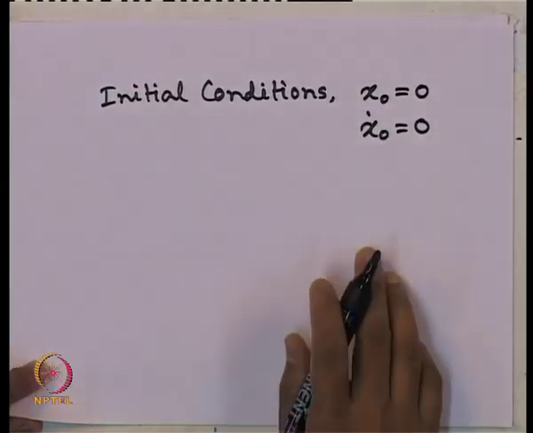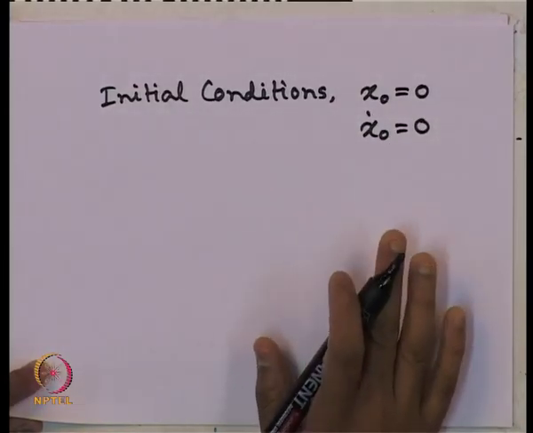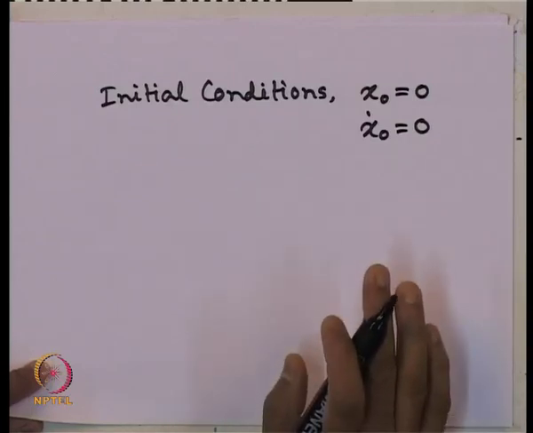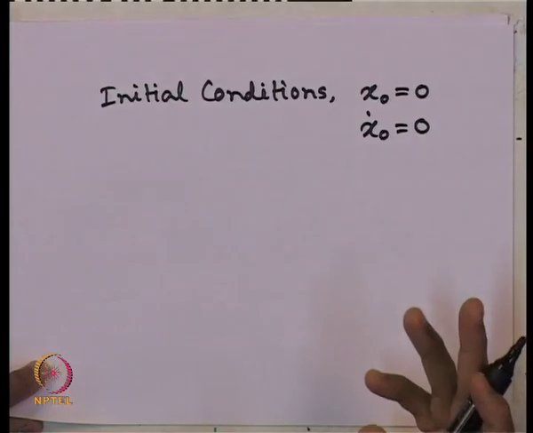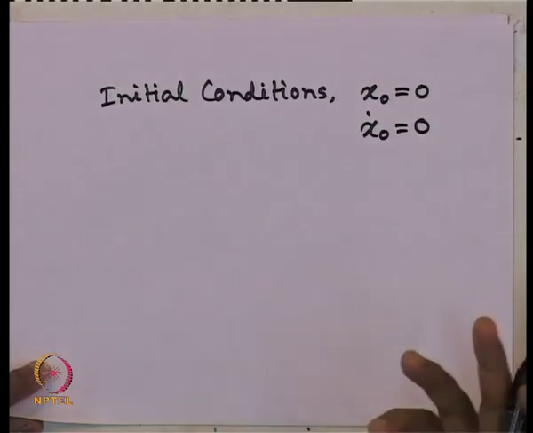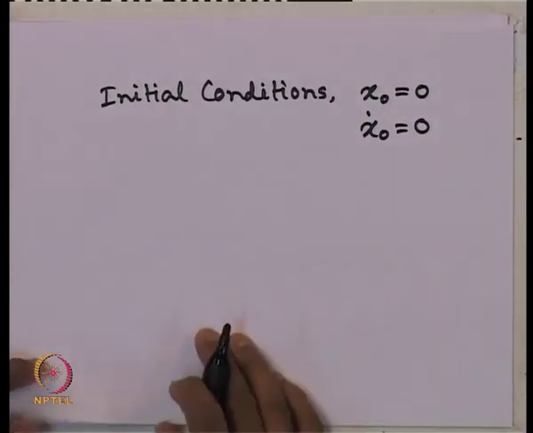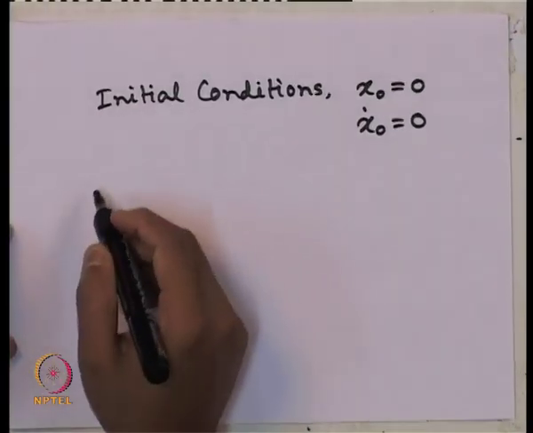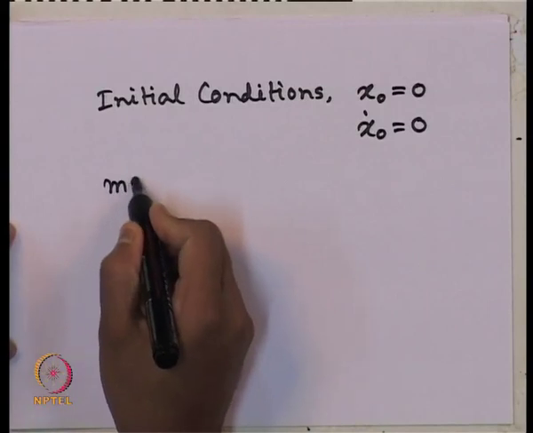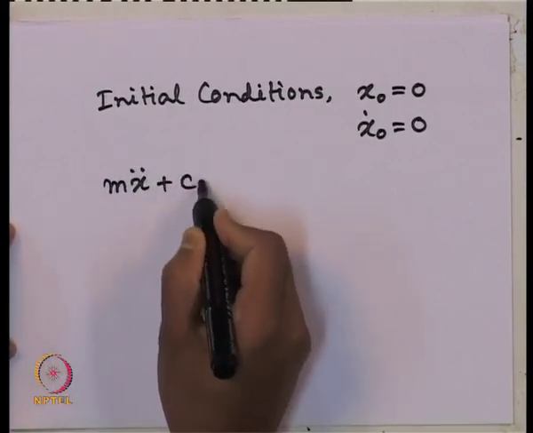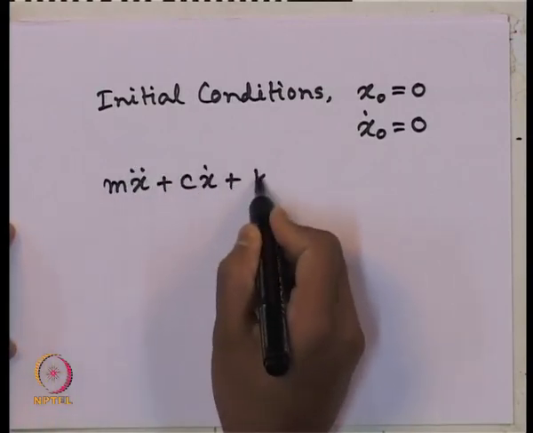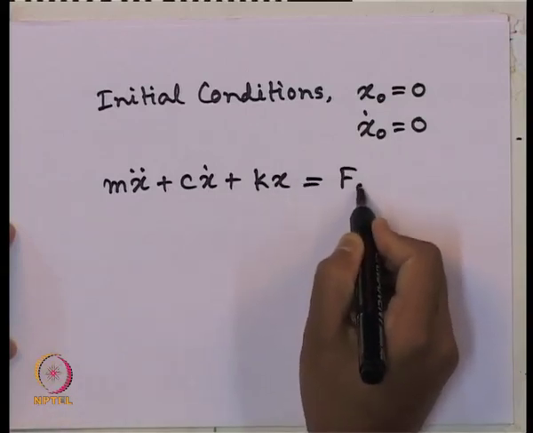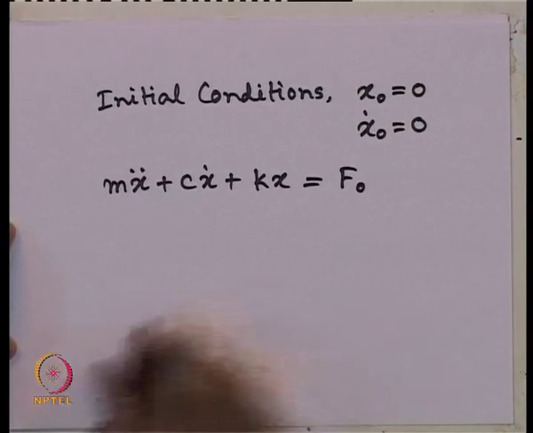That is, the system is starting from absolute rest condition. Okay. It is possible because we are using the forced vibration. So, that is why it can vibrate, no problem. And the equation of motion will now change to m x double dot plus c x dot plus k x equals F naught. Simple equation,